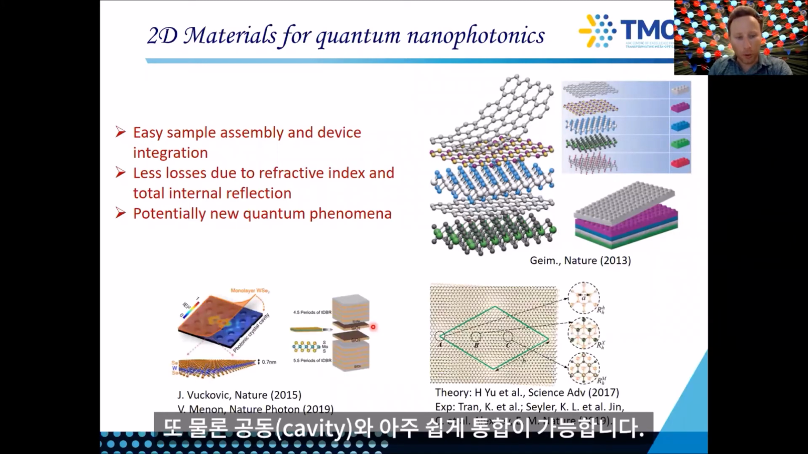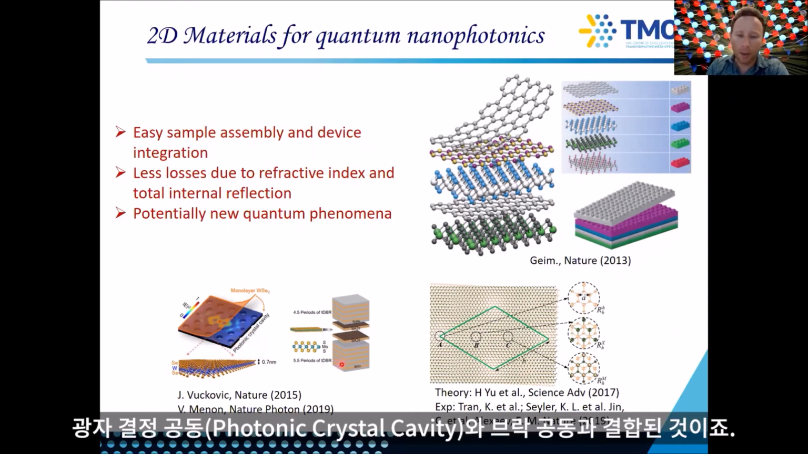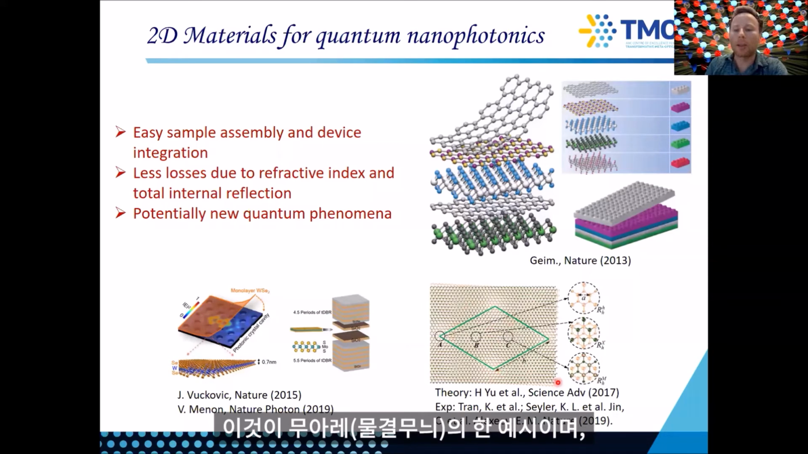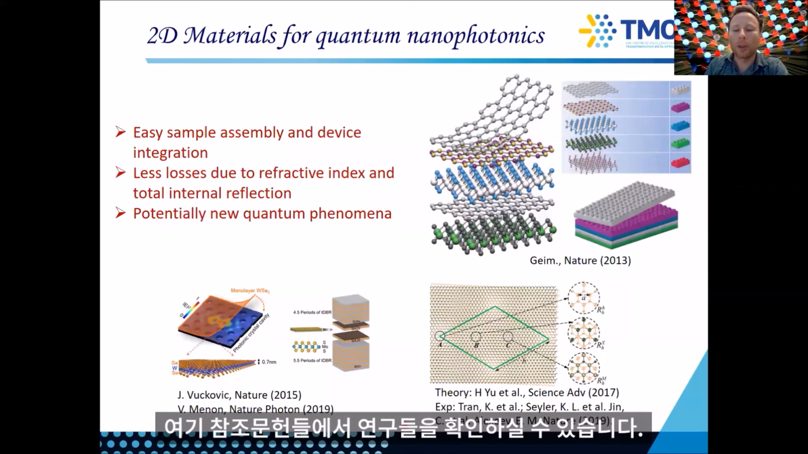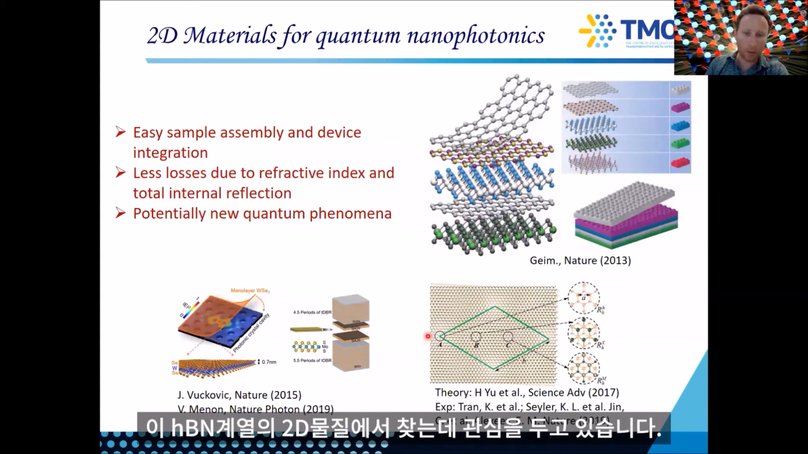And then, of course, you can also integrate them very easily with cavities. So here's an early example from a 2D material that's not HBN, but other materials that were integrated with a photonic crystal cavity and with a Bragg cavity. And of course, 2D materials also give you quite a variety of new phenomena. So this is an example of Moiré patterns, and you can look at the references here for quite a few works. So as I mentioned, our interest is within HBN and finding single defects in this family of 2D materials,